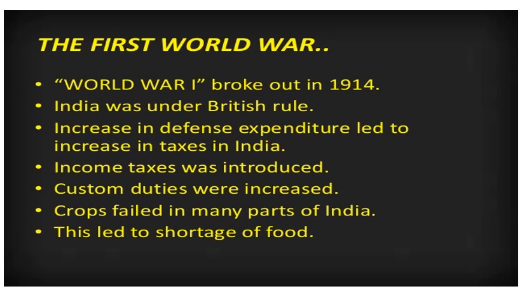So they needed more persons to join the military. So forcible recruitment was being done by the British rule. They forced the youth to take part in war. So the crop was not able to grow because of the lack of youth in villages in the agriculture sector. This led to a shortage of food in our India.